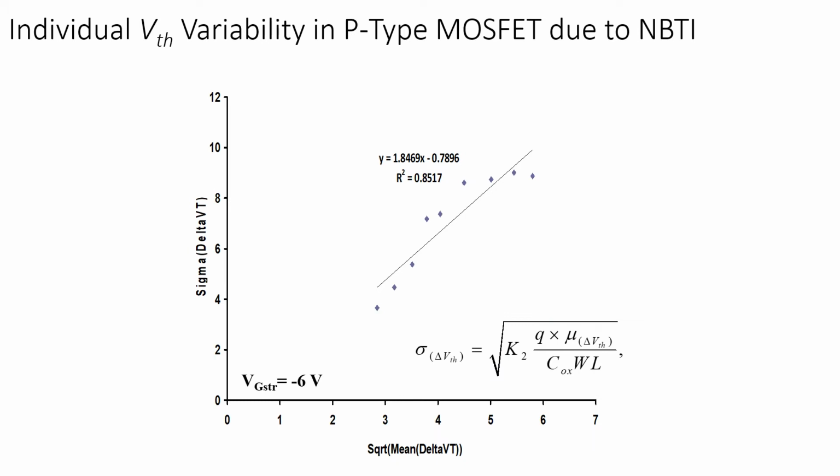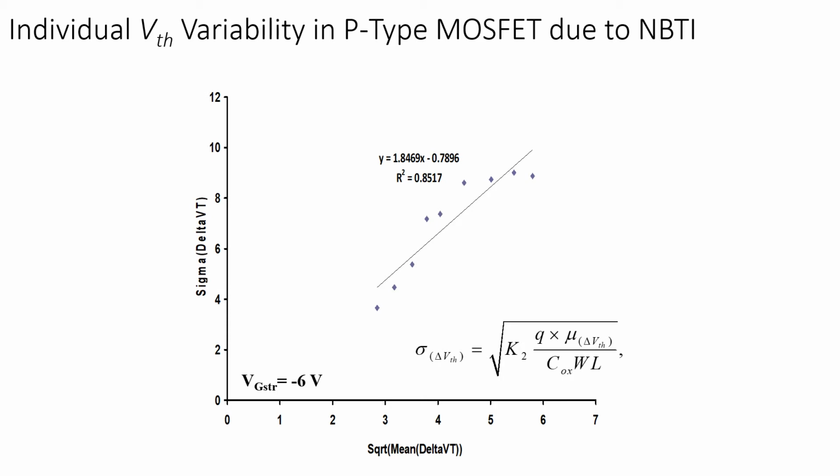So as I explained in the previous slide, this NBTI or BTI in general will follow Poisson distribution in its statistics. So in this diagram, I have stressed a p-type device which is rated at 5 volt to 6 volt. So generally you will take 10 or 20% more than the rated voltage of the device. And this voltage is such that it will not cause any TDDB, that is time dependent dielectric breakdown, or any kind of dielectric breakdown in the device.